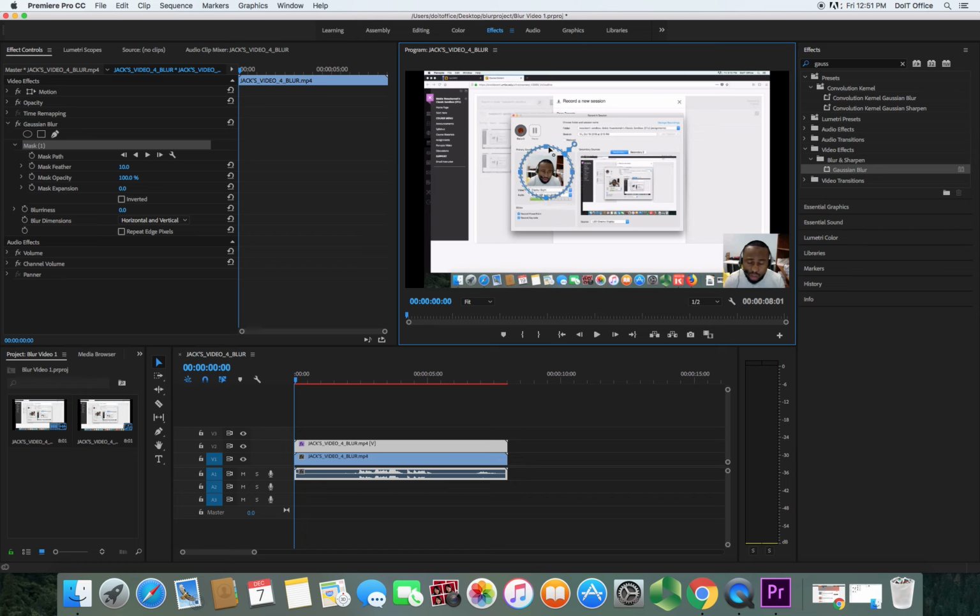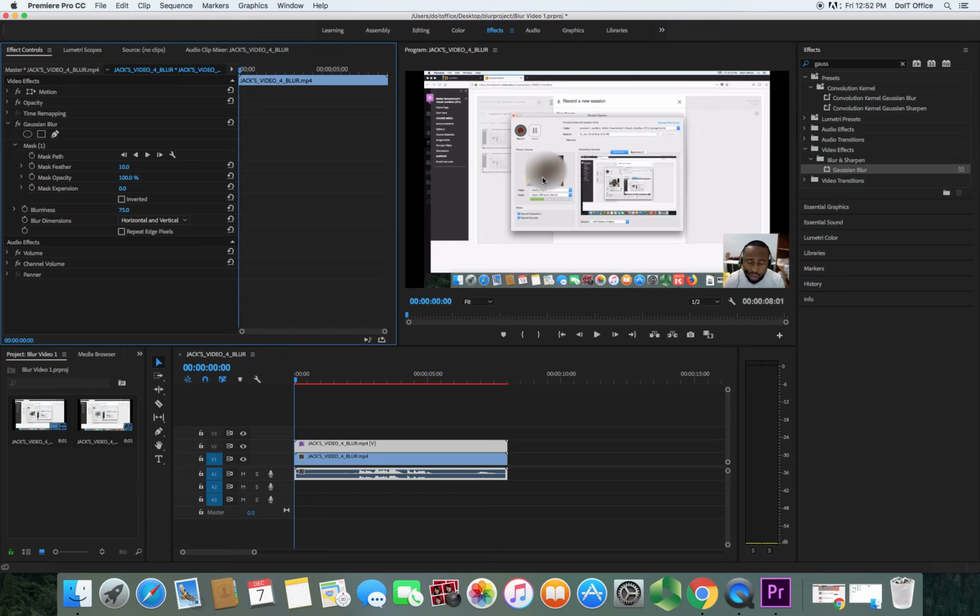Alright, once you've perfectly sized it up and perfectly placed it over where you want it, then you do want to adjust the blurriness. Right now you can see that there's no blur effect that you can essentially discern from what you have. So we adjust the blurriness. You can adjust it to any number that you want. I'm comfortable with 75, so I type in 75, replacing the zeros, and as you can see, the blur is